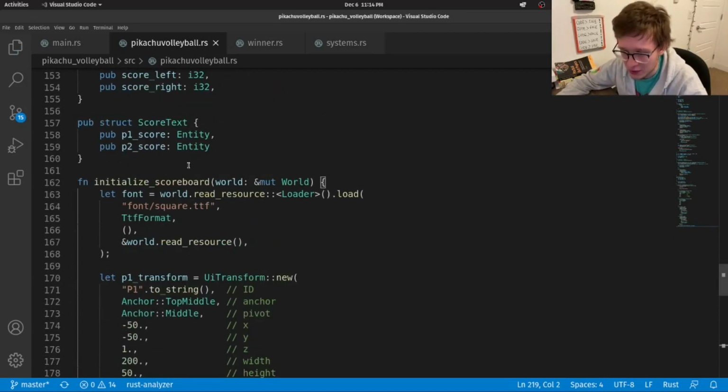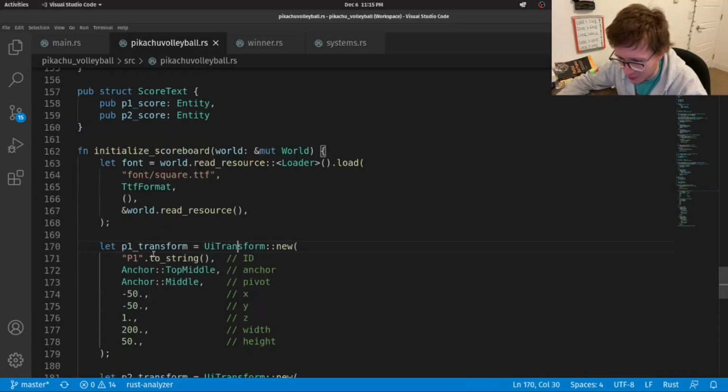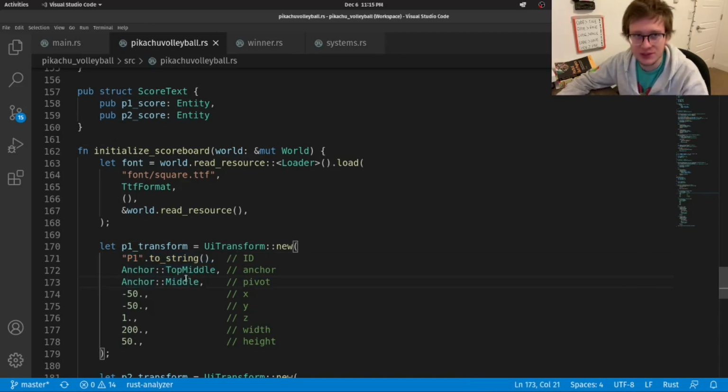But anyway, we create this. We're creating the UI transform, which sets the position of our text. Okay, so I'm right here. We're creating this UI transform, and so we'll give it an ID. We'll set an anchor. We'll set a pivot. The pivot is just like what I was mentioning before, right? The pivot is in the middle. Same idea.